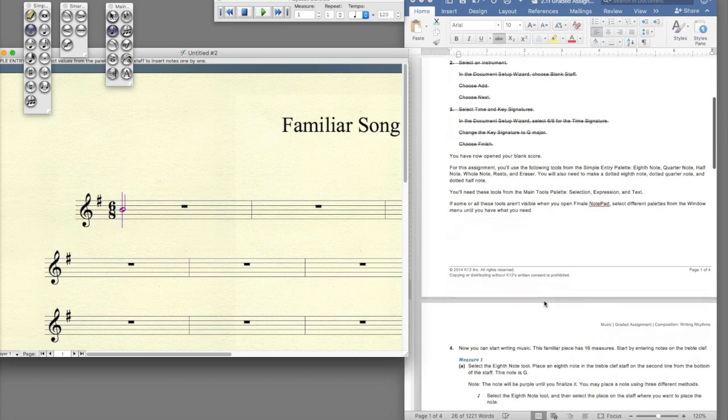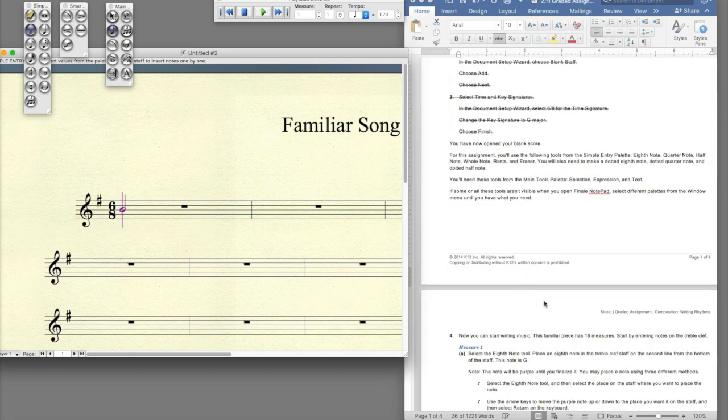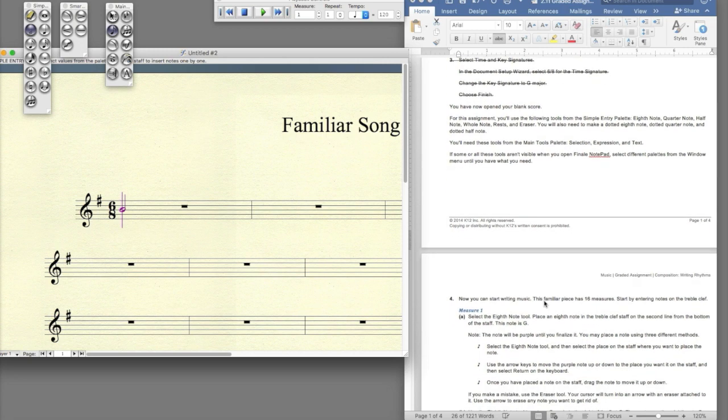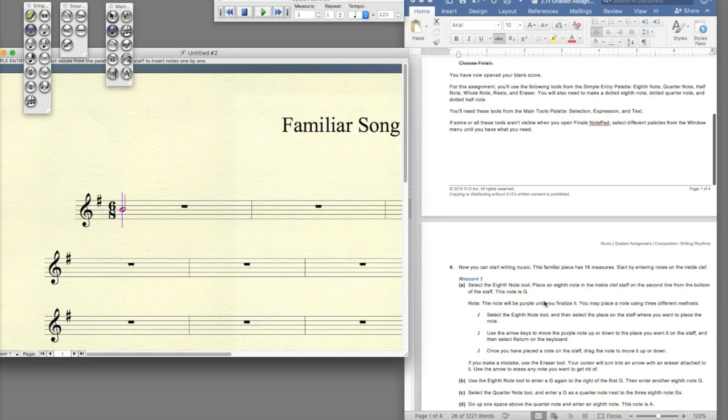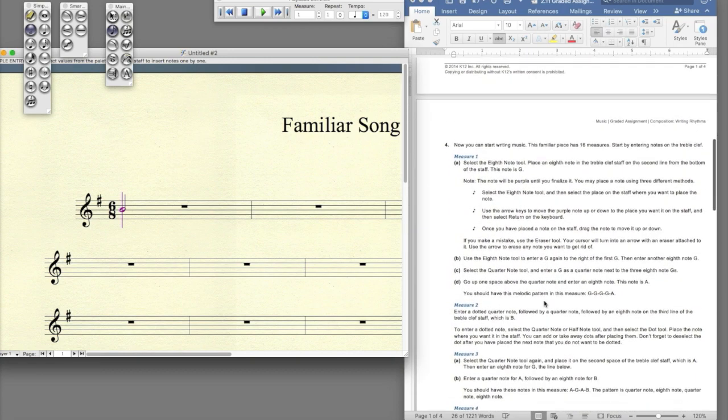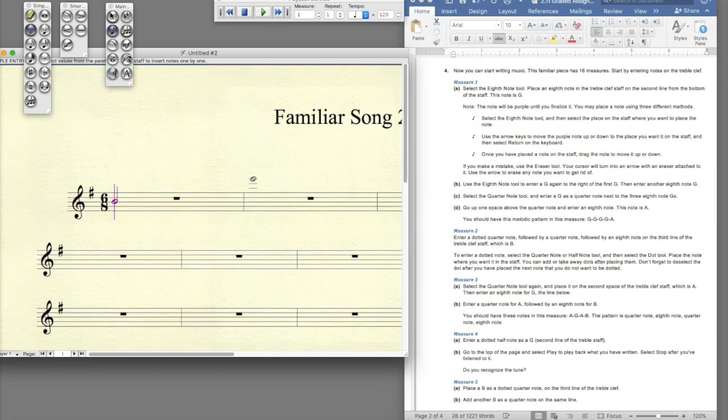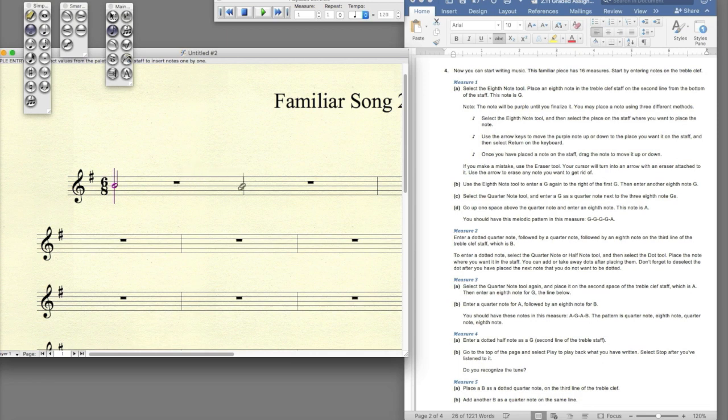So now we're actually getting ready to start composing. So this is very much like the first assignment that we did for Finale. You just follow the instructions just fine. You're going to use all the same tools. You're going to get the note simple entry tool picked, and